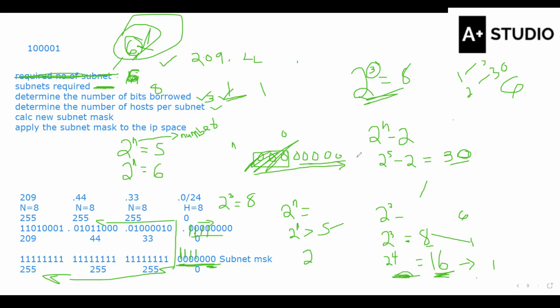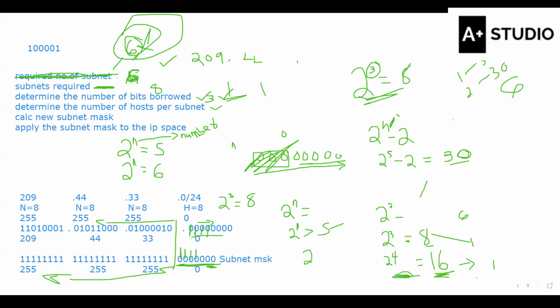Yes, okay, so that is the reason why we have this. It says determine the number of hosts per subnet. So the formula is 2 to the power of 8, where this is the number of bits of the host remaining. The number of bits on the host remaining were 5. So 2 to the power 5 minus 2, which is equal to